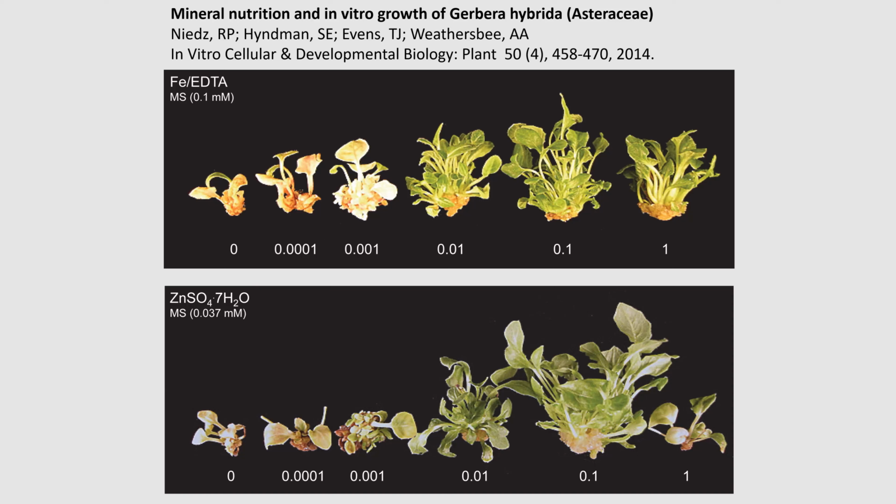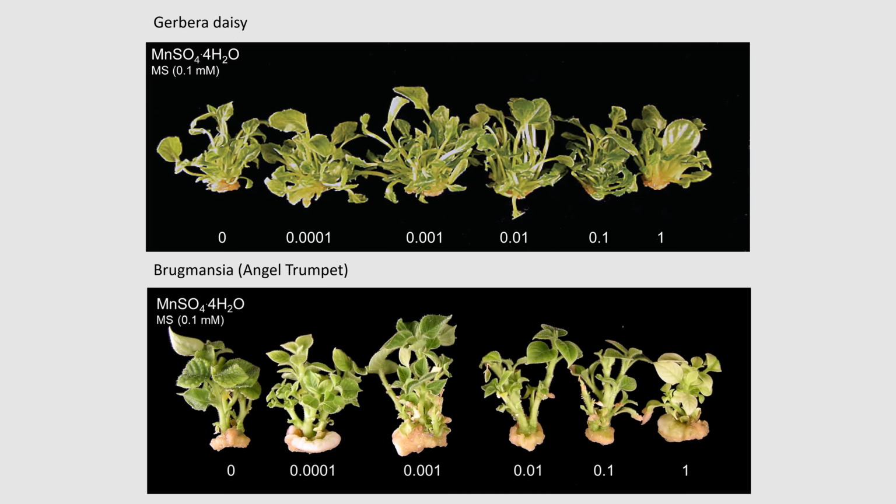And as you can see, the regions to consider in follow-up experiments are quite clear. And it's in these regions where we would then use response surface methods to identify optimum levels. Here are the results from Gerbera and Brugmansia to manganese. In both species, the range to sample is quite a bit lower than MS. Manganese is at 0.1 millimole in MS, but the scan indicates about 2 logs lower may be the region to